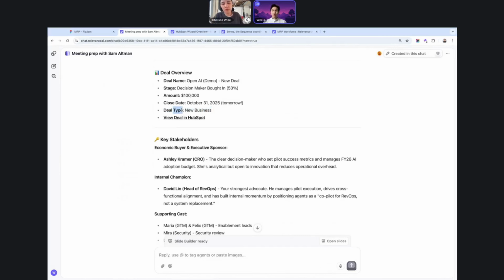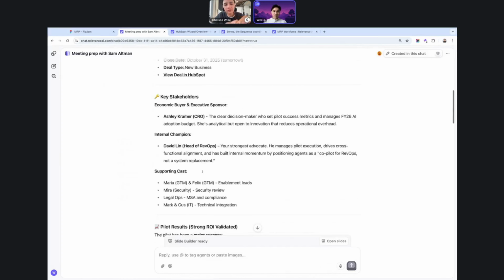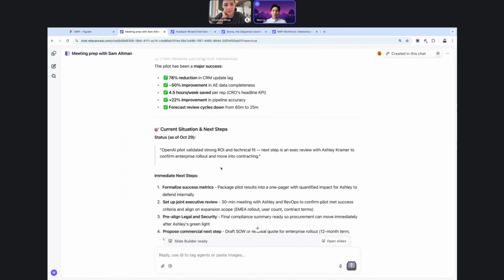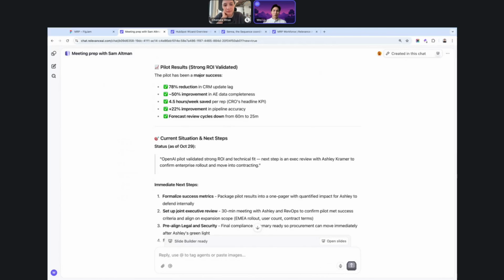These are more specific to us, because we care about whether they might be in the new business category, expansion with existing customers, or renewal. What else did it tell us? Key stakeholders. This record is connected to the different contexts in the deal, so you're able to see who the other people attached to it are as well. And all of this came from the meeting notes we've had over the past few months.